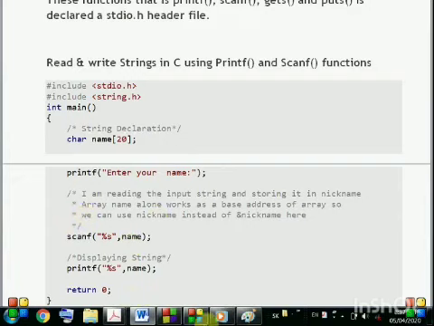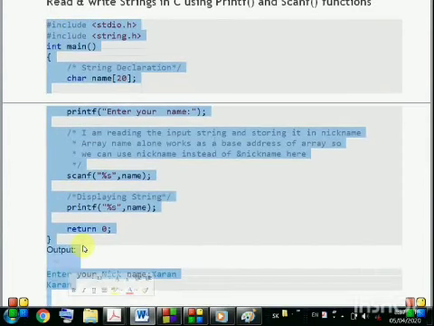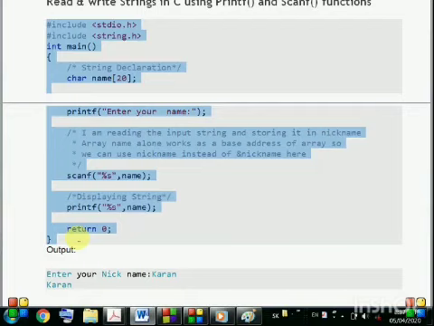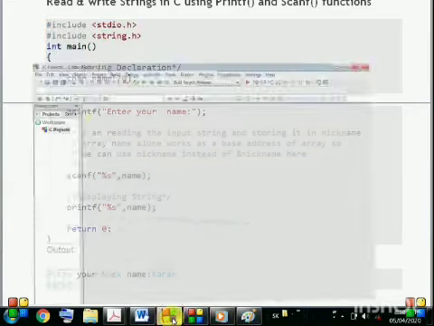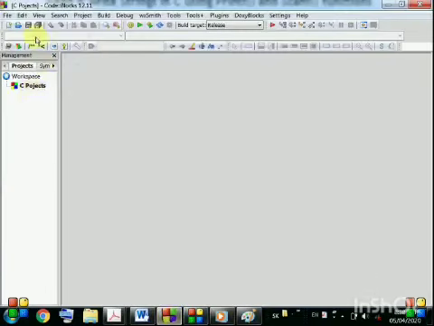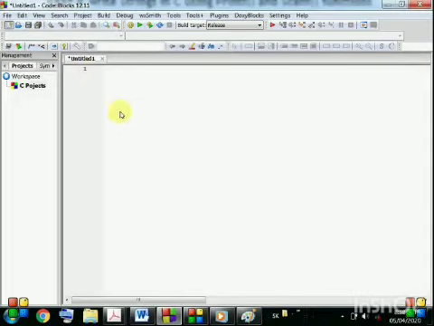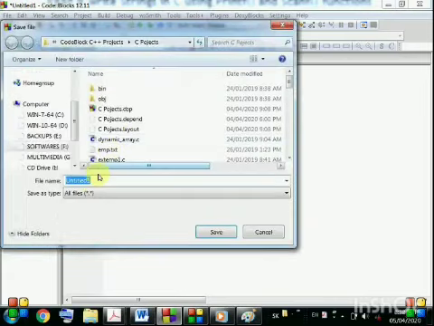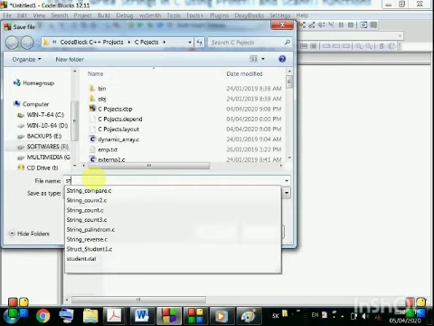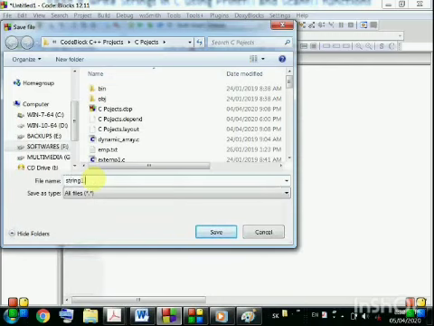Let us execute this program in the Code::Blocks IDE, and we will see how it will be executed and give us output. Now start a new file, give it the name string1.c.